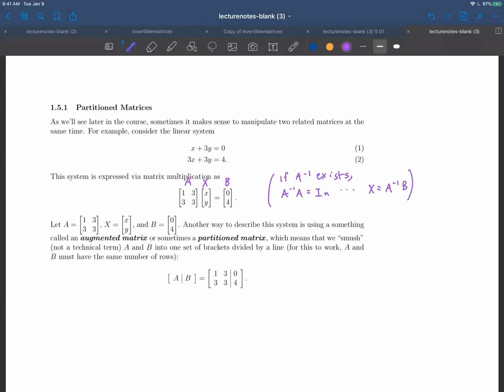There's another way that we can solve this system, and it requires us to define a new type of matrix. We could just take A and B and smush them together. I know it's really technical, but this is essentially what we're doing. We're taking A and we're tacking B onto the side of it. And when we do that, we often have this little dividing line in our notation. It doesn't change the fact that this is a 2x3 matrix, but it does help us remember where these original